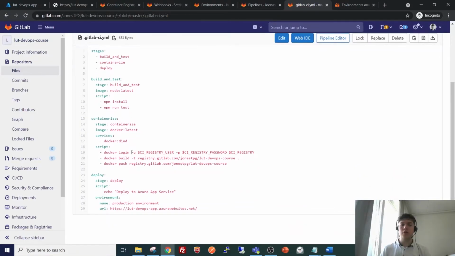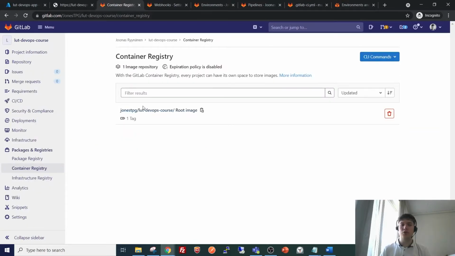After that we will authenticate into the GitLab container registry, build the image and push it to the container registry. So after the first 2 stages we have a tested application from which a Docker image has been created and pushed into the GitLab container registry.